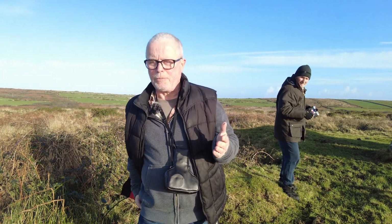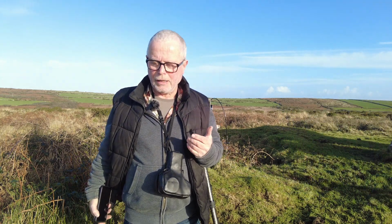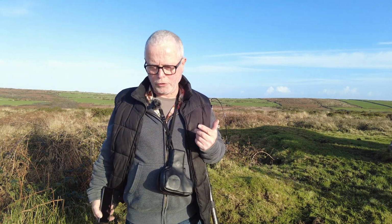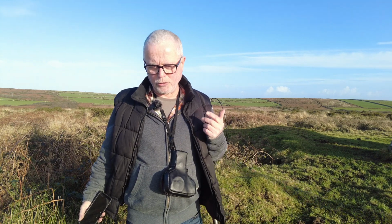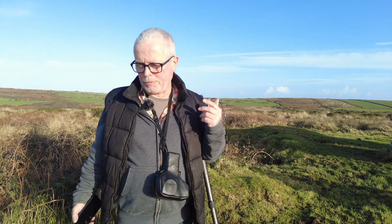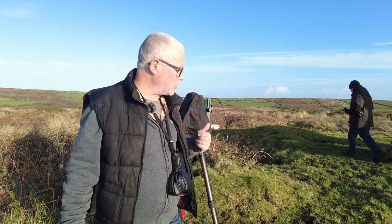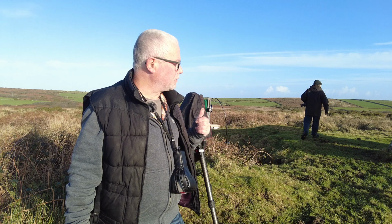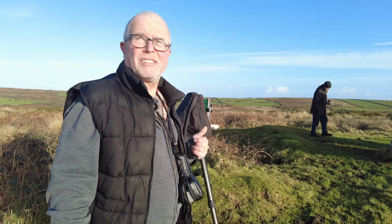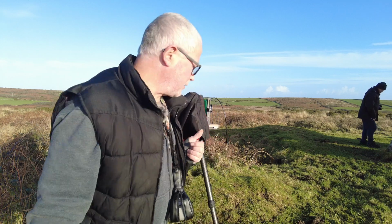Okay, so we're set up, horizontal composition, f22 at 1/30th of a second is what I've measured to. There's another guy here doing pretty much the same as me. He seems to be getting the same sort of results, so let's see how we get on with this. I'll get the film loaded, make the exposure, and then we'll perhaps try and find another composition. I was really hoping these clouds might come over, but they seem to be going away rather than to me,